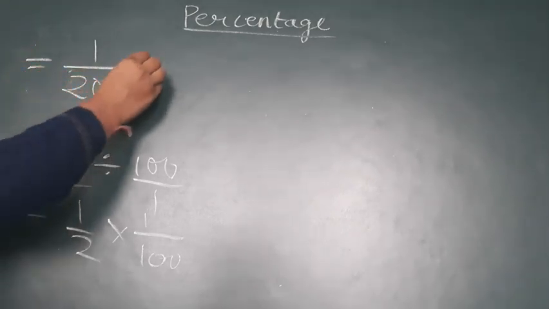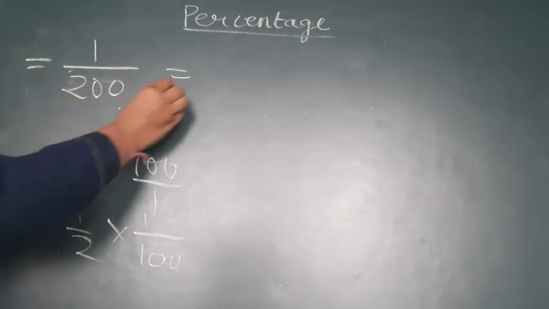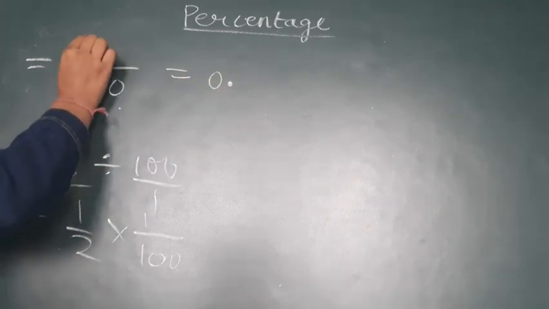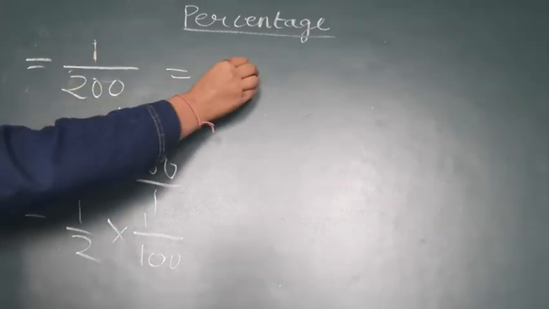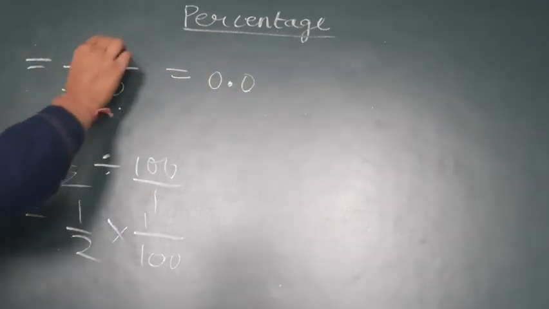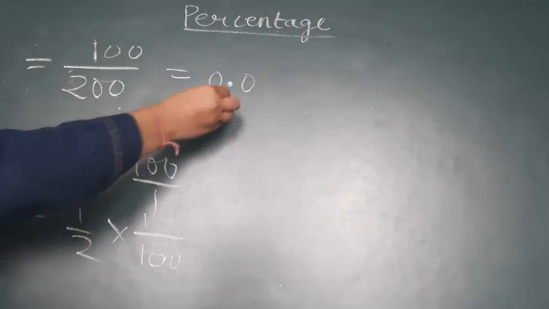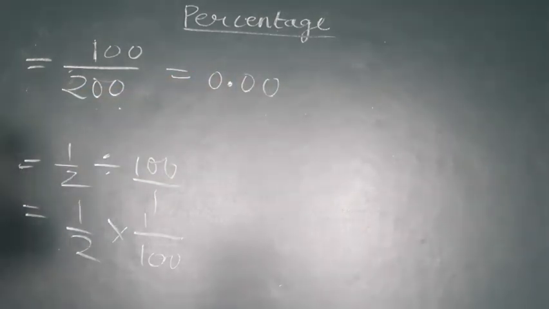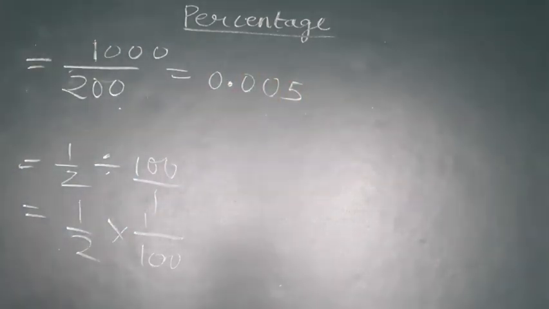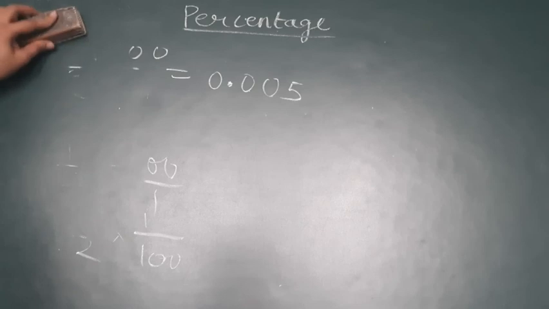So it will be written like this. 200 zeros are 0, point, again 1 does not comes in the table of 200. So you have to add 1 0, it will become 10. Again 200 zeros are 0, then add 1 0, 0 also does not comes. So 200 zeros are 0, now make it 1000. Now 200 5s are 1000. So the final answer will be 0.005. Right students? Some of the examples are given in the maths book also.